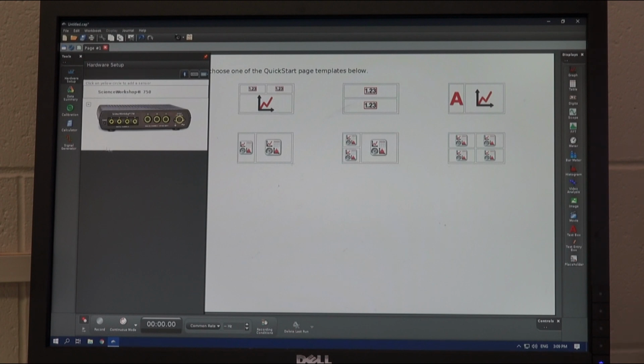Automatically, the software is going to recognize the type of interface we have. For example, here it is the Science Workshop 750 interface, which you can see here, it is already recognized. Now, because we connected 3 sensors to ports A, B, C, I'm going to tell the software I have 3 sensors connected to the A, B, C DIN ports. So I'm going to click over this yellow circle for port A,